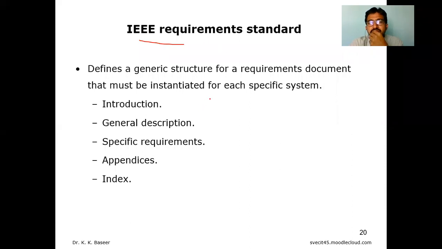These are the sections, or chapters: introduction of your project, general description, specific requirements, any appendices, and the index. So these basic things it has to cover. One is introduction, two is general description, three is specific requirements, four is appendix, and five is index, right? If you compare the same thing with your project that you already submitted, it is the same.